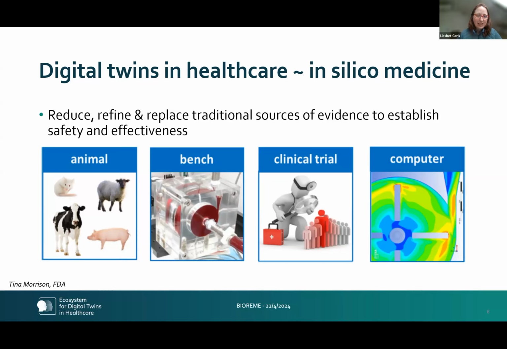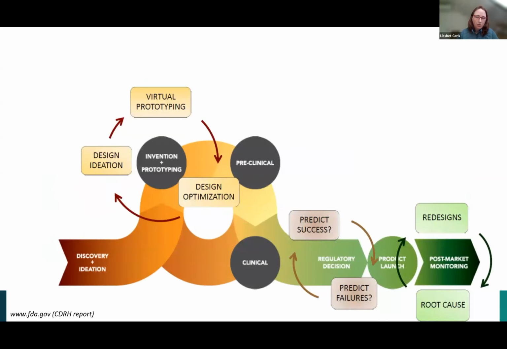Oh, and all of this is at the moment, but I'm probably preaching to the converted. This has made it into healthcare in various ways. For instance, as a fourth pillar of evidence that is accepted by FDA and by other regulatory agencies to establish information on safety and effectiveness of therapies. So after animal and bench testing and clinical trials, there's computer modeling and simulation. And this is used not just in the design phase, where you have here on the left in the loop, the optimization of the design through virtual prototyping and testing.